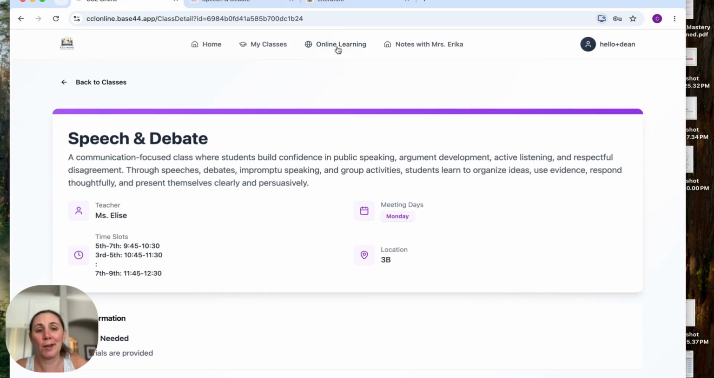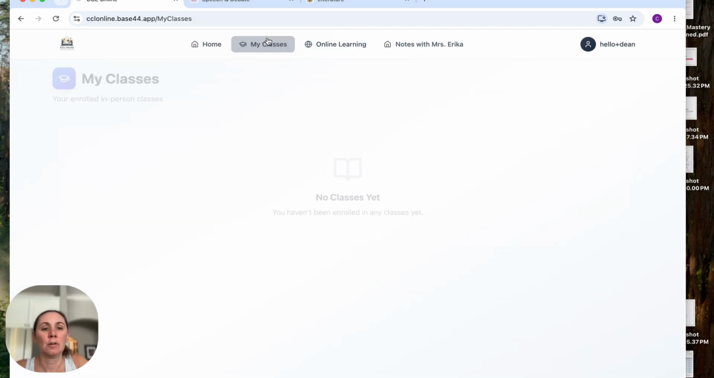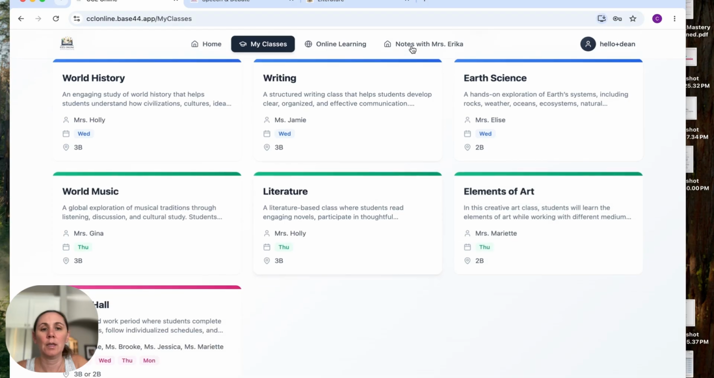So the only required homework is going to be for those core classes. That's going to be writing. Kids need to be doing writing outside of class. History is a flipped classroom model, so they will need to be learning about the topic before they come to class. And then literature, they're going to need to be reading their book before they come to class. So for history,